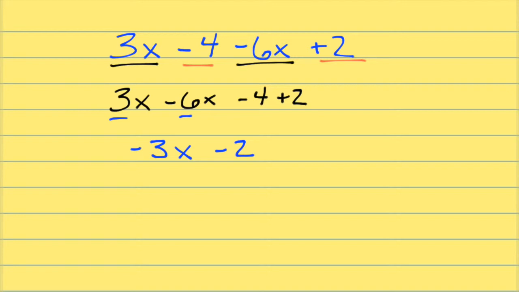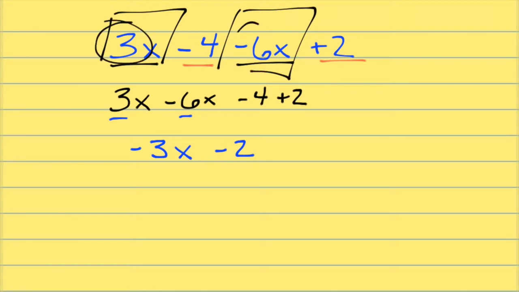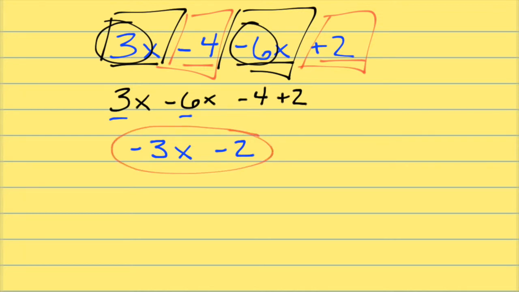Now, I don't necessarily have to reorder if I keep my eye on which terms are alike. Those two terms are alike, and so I add their coefficients 3 and -6. These two terms are alike, and so I add the numbers together, -4 and 2. And I have the simplified version of that expression. So I started with 1, 2, 3, 4 terms,